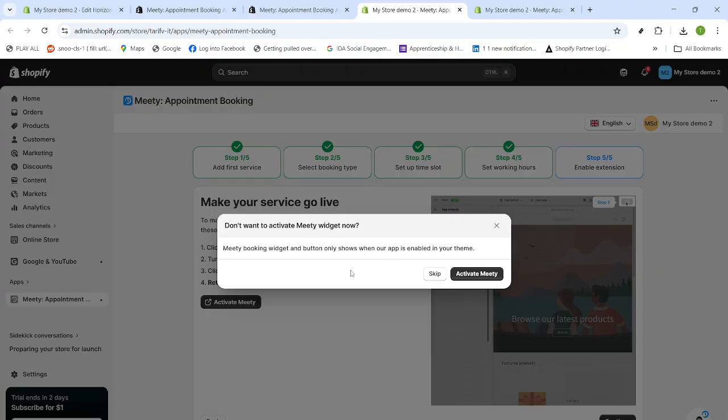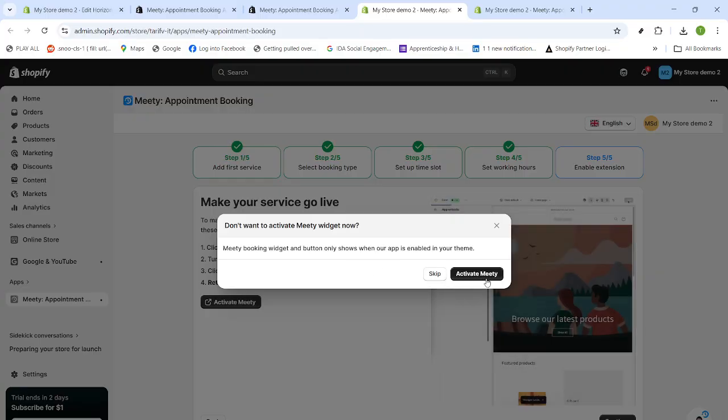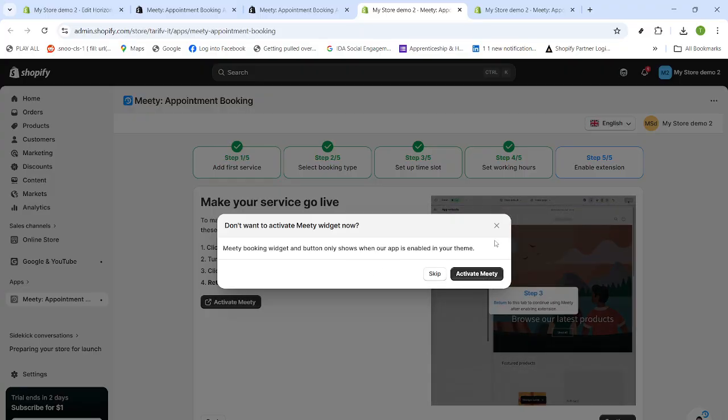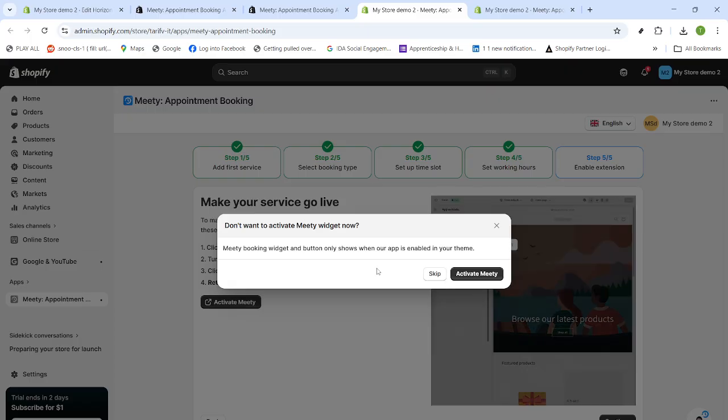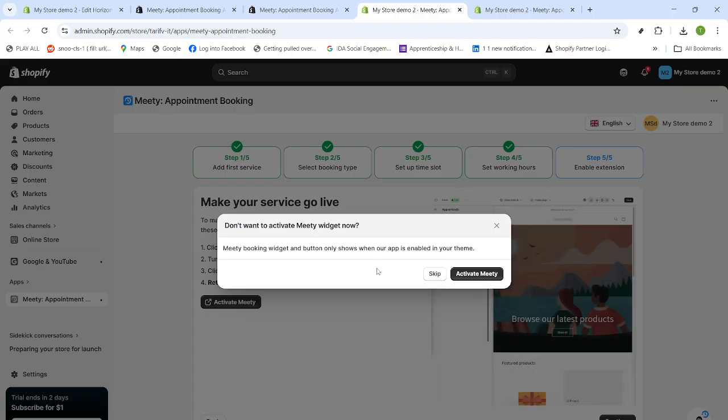That's it. You've found the appointment booking category, compared two popular options, installed Meety, walked through the guided setup, set durations in minutes, activated the widget, and wrapped onboarding. From here, you can refine availability, customize the booking button text, and run a quick test booking to ensure everything looks